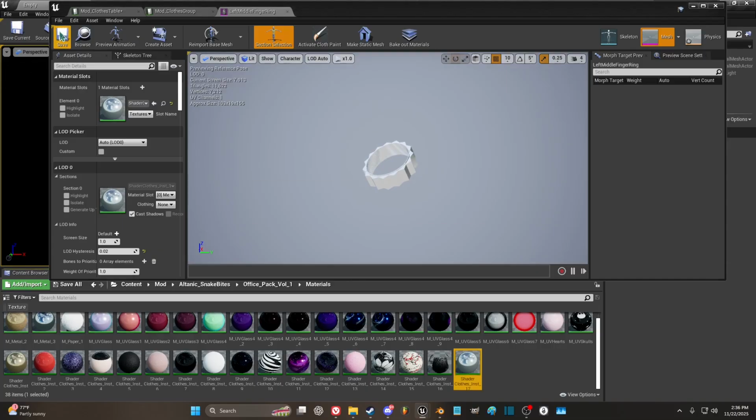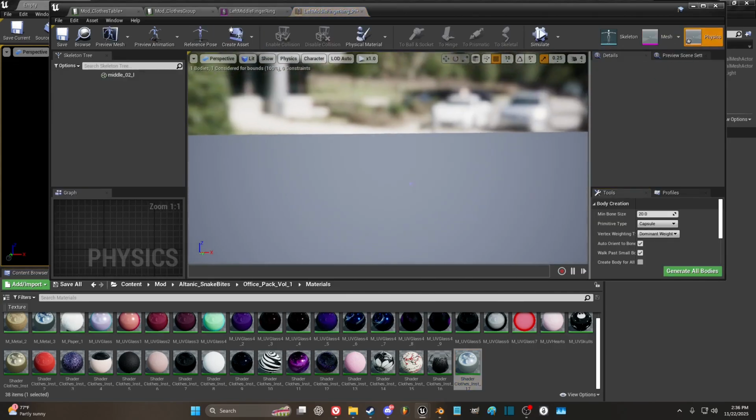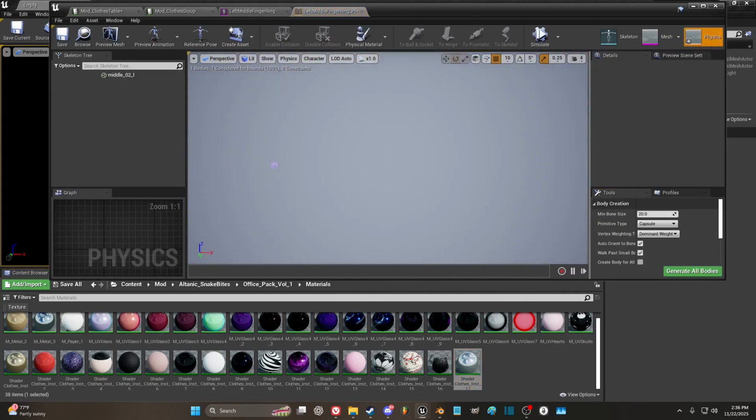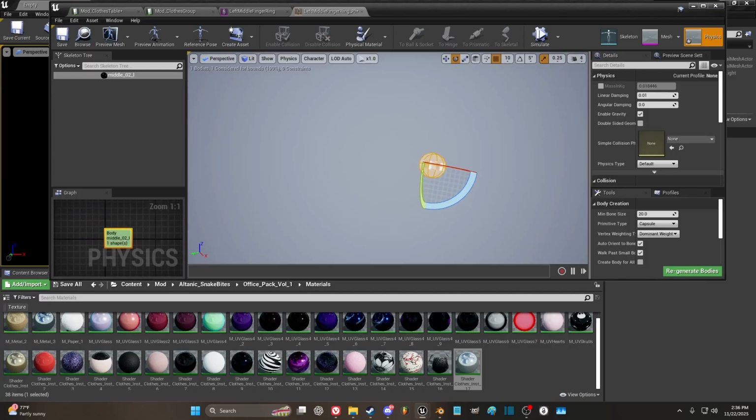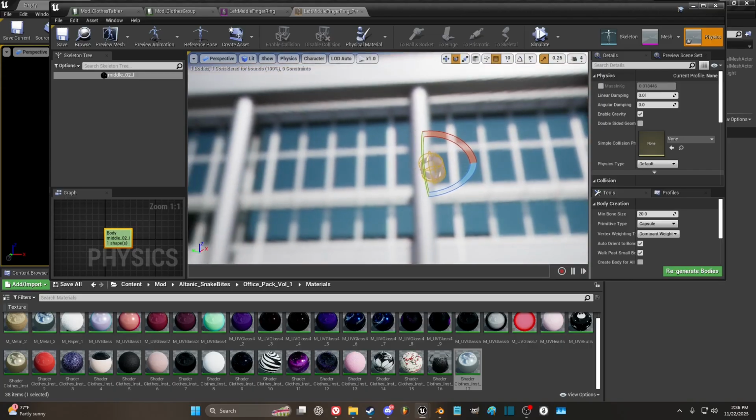This is pretty much all we need to worry about because there are no physics or anything like that. But the other thing is your physics asset. Now your physics asset is usually created by default whenever you import a mesh into UE. It's going to kind of auto-generate one for you. But the one thing you want to be aware of is that for static items like this